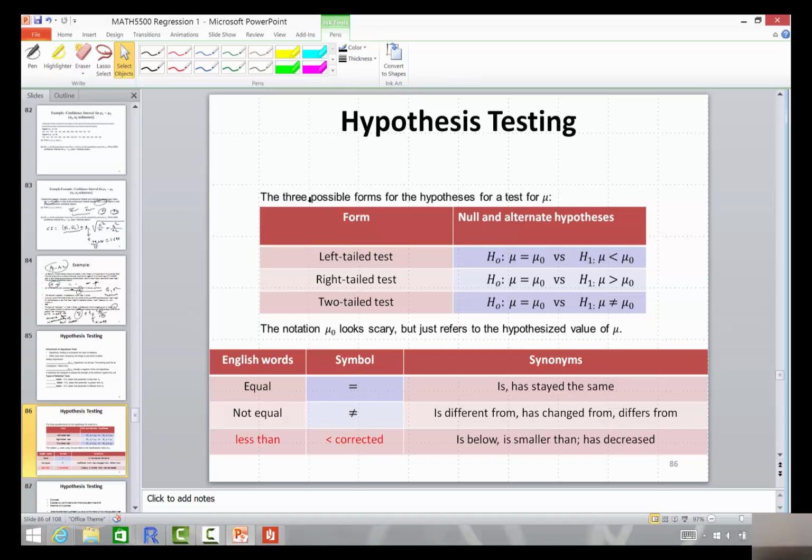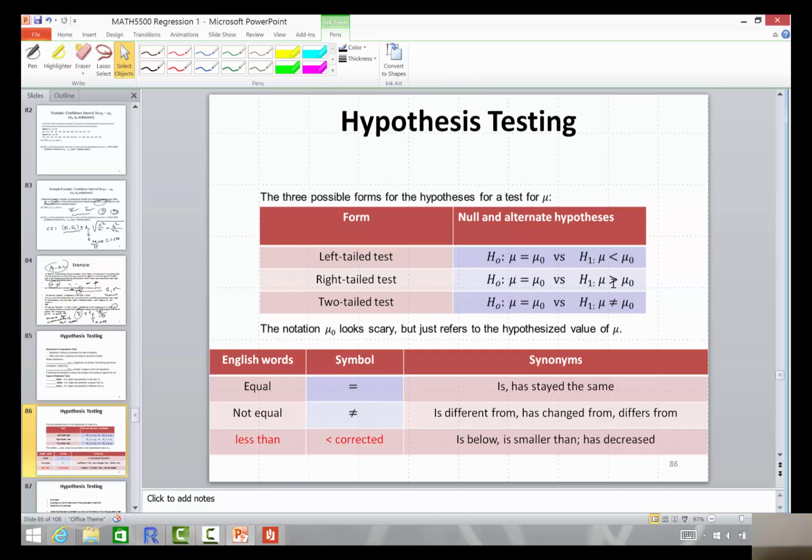Recall, there are three possible forms for the hypothesis for a test of mean mu. One is called left tail, one is right tail, and one is two tail. H0 is called the null hypothesis. H1 is called the alternate hypothesis. You are familiar with this, right? Left tail, this is the less than symbol. Right tail, this is